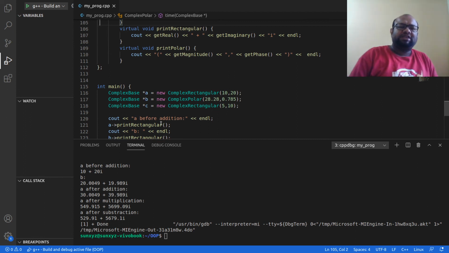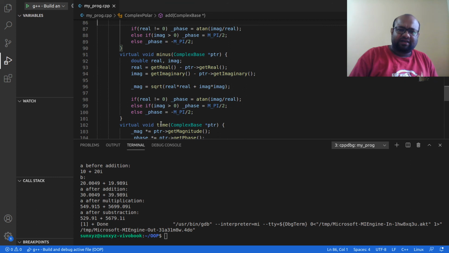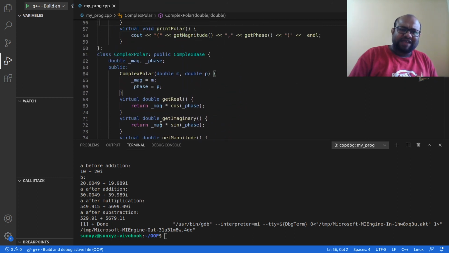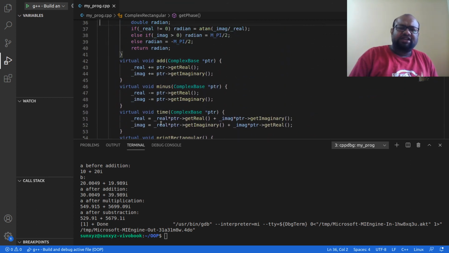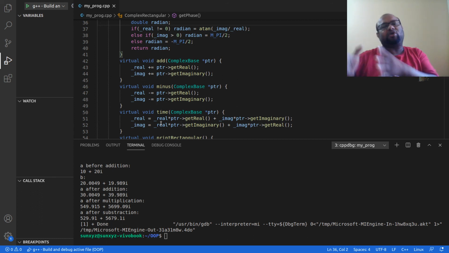Why can I mix them up? Because all these add, minus and times methods do not take a parameter of a specific type. They take the parameter using a parent class pointer, so I can send complex rectangular or complex polar, either of them.